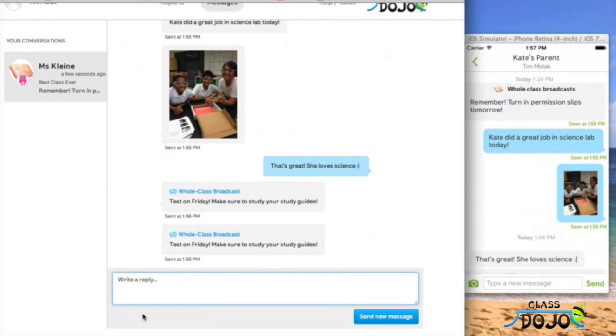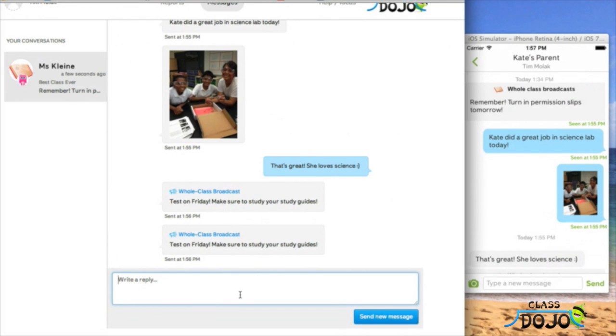For example, when I was a teacher, I always wanted to send home rubrics. For example, there was a science fair, and parents wanted to stay informed of exactly how the science fair was graded, what are the different categories, and how they were going to be evaluated. So I would definitely send home a rubric for that, or permission slips that needed to get signed, or a syllabus. Things like that are great to send as attachments. So that's coming out soon.